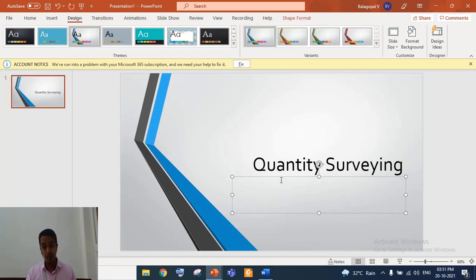Along with the front page, along with the title, you can give your name. For example, candidate name. You can give the candidate name on the right side, and maybe on the left side you can give your supervisor's name.